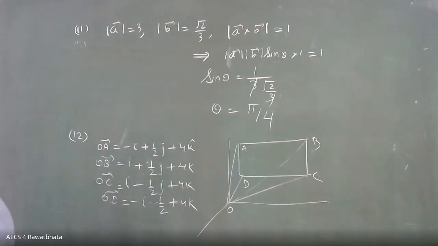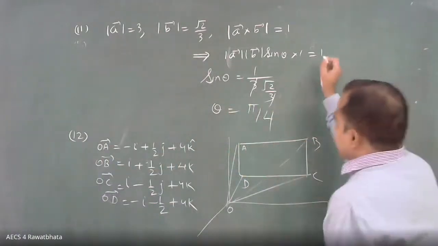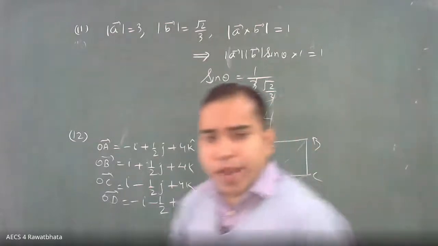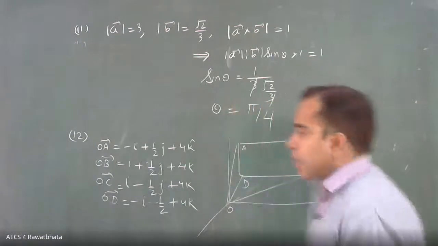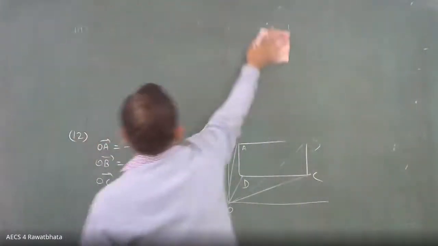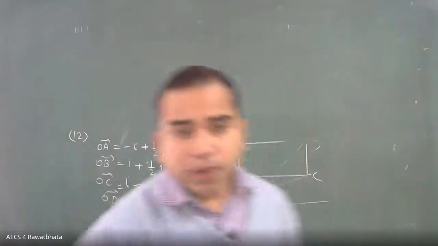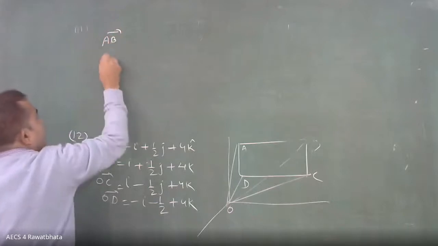Okay. So we have to find the area of the rectangle. Is this correct? Okay. So for the area of a rectangle, a rectangle is another parallelogram. So the area of parallelogram formula will be applied here: modulus of A cross B, where A and B should be the side vectors. So here, let me take adjacent sides. Suppose AB vector and BC vector.